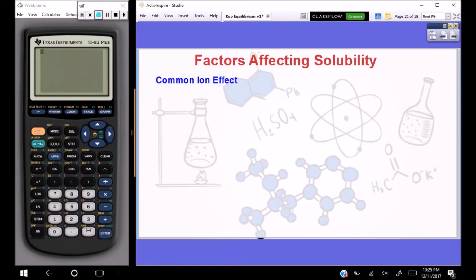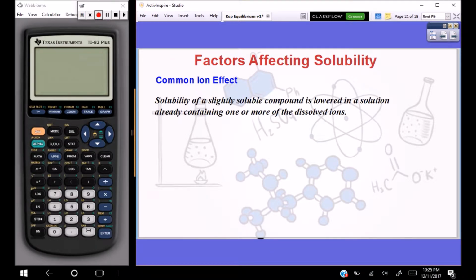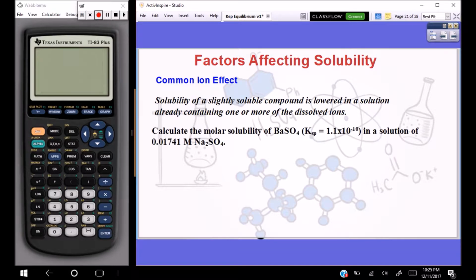Okay, so the first factor that affects solubility is the common ion effect. So if you try to dissolve your solute in anything other than water, if there is a common ion in that solvent you're trying to dissolve your precipitate in, essentially it will prevent our precipitate from dissolving. So the solubility of a slightly soluble compound is lowered in a solution already containing one or more of the dissolved ions. So I have my first example here, the molar solubility of barium sulfate in a solution of